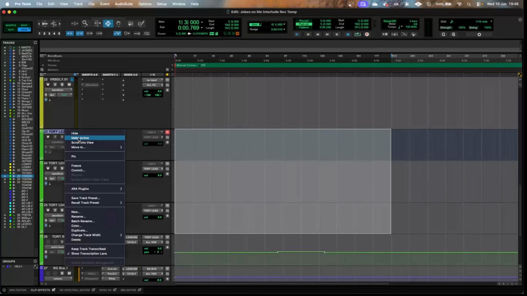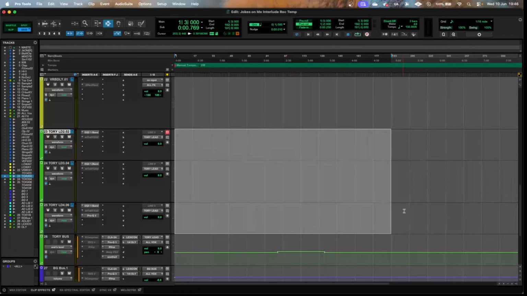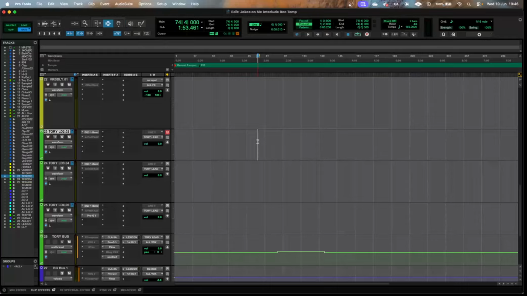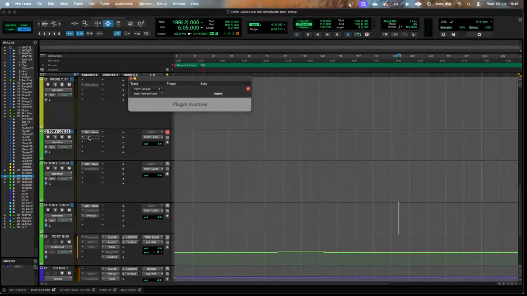I'm going to enable this. Some inserts cannot be made active. Yeah, I know. Here are the three main recording channels. Maybe he records on this track and then drags down to the other two. I don't know. First things first is just the basic stock Pro Tools EQ, doing 98. Okay, guess there was some rumble in the mic that the engineer didn't want the autotune to pick